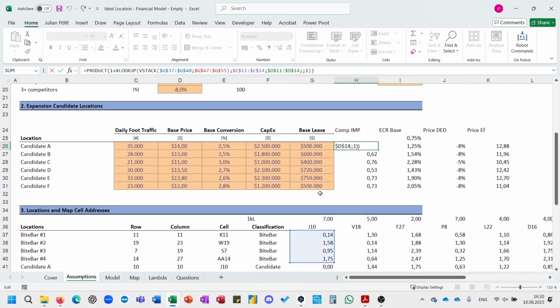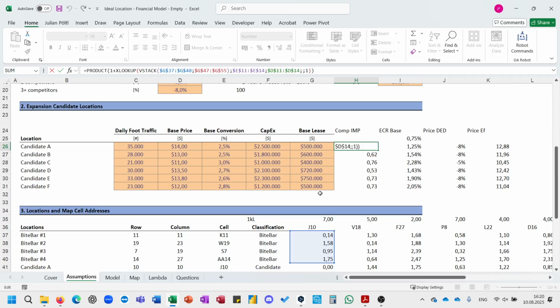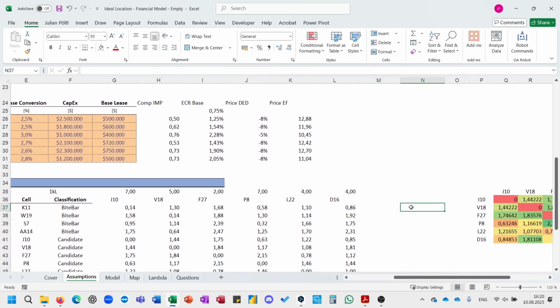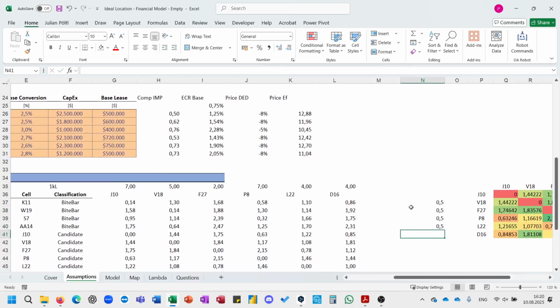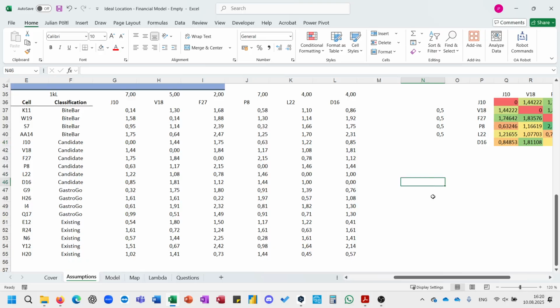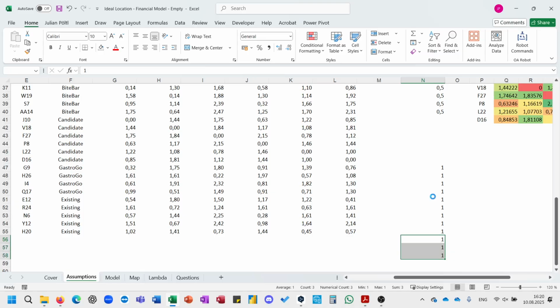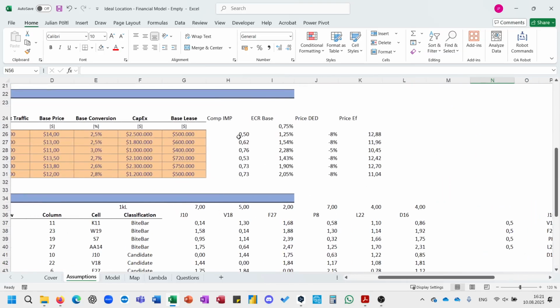Hmm. Okay, here we have impact from Byte Bar on conversion rate. I simply added there a hard-coded table with adjustments